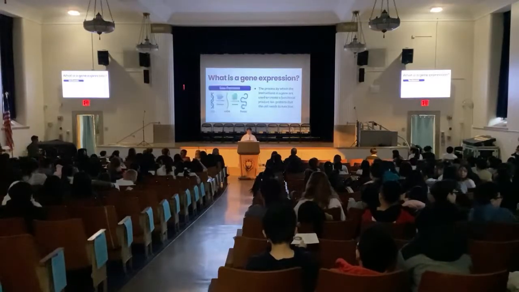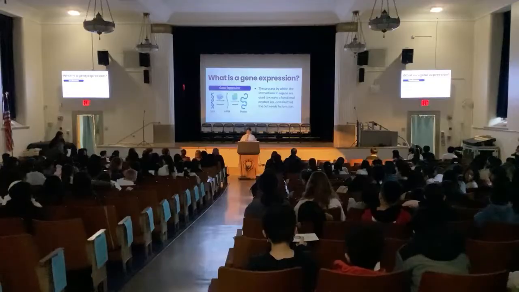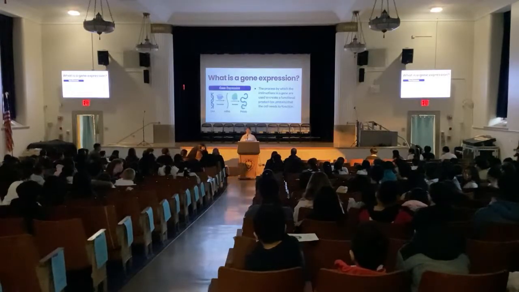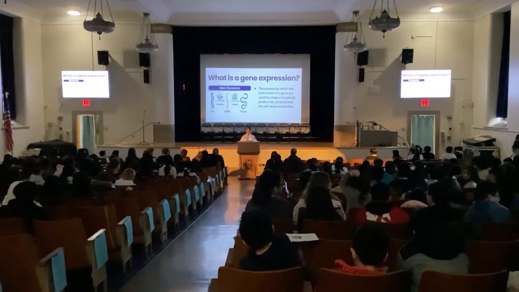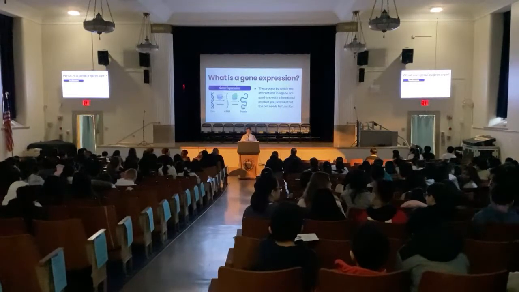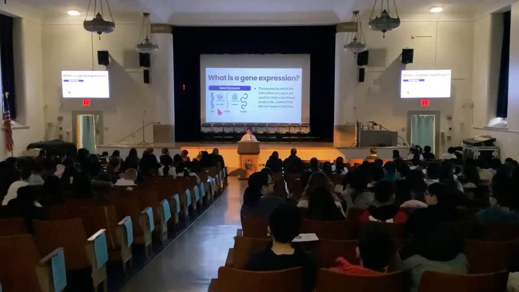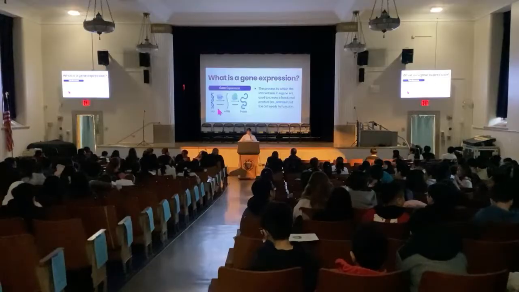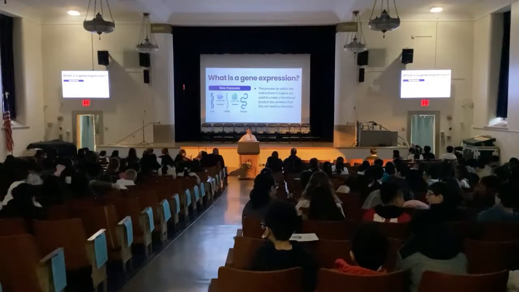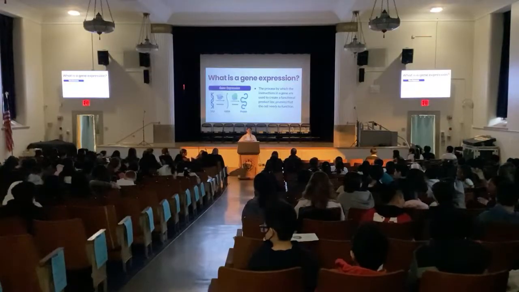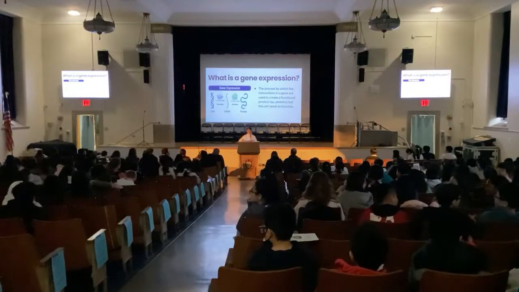We also need to understand what gene expression is. Gene expression is a process by which the instructions in a cell are used to create a functional product, for example, a protein that the cell needs to function. As you can see here, the DNA is transcribed into mRNA. RNA is mainly used to translate genetic information into something that the body understands. So when translation happens, the body will understand this and create a protein.